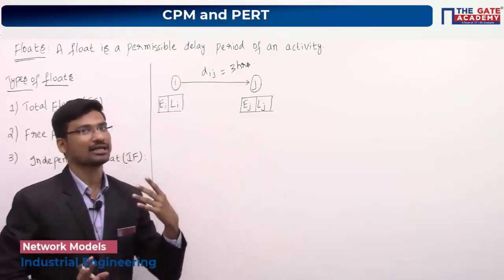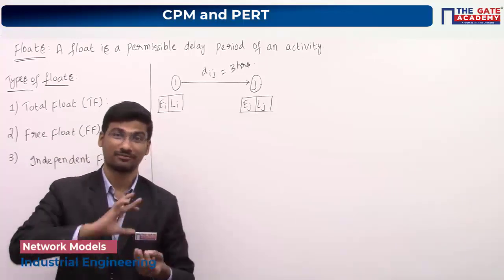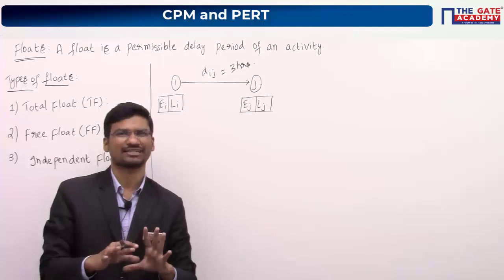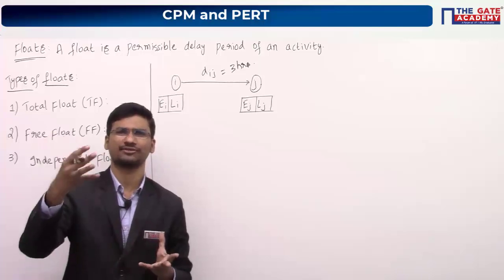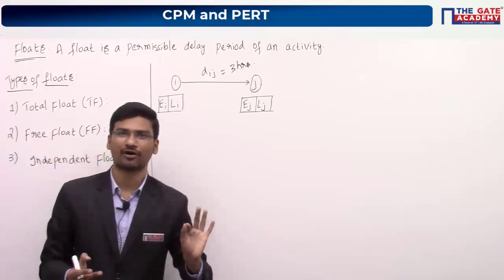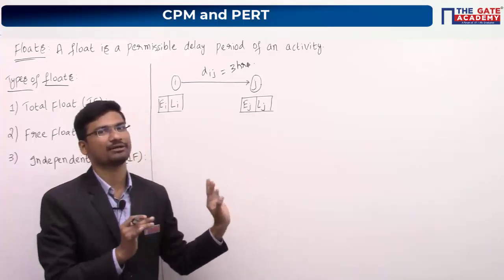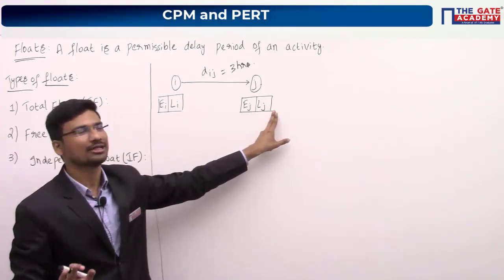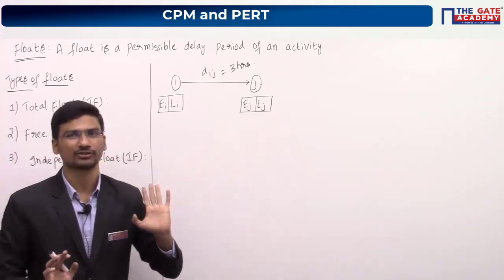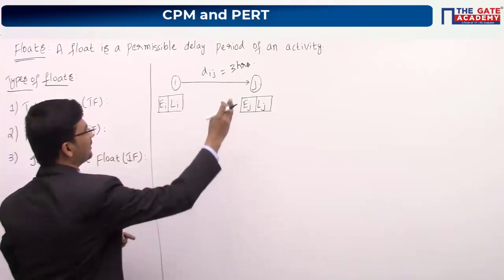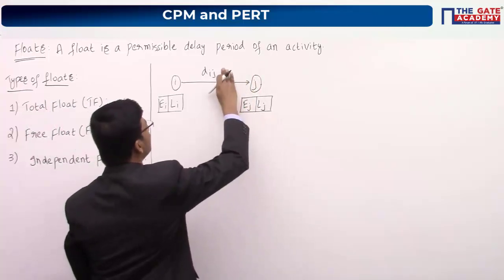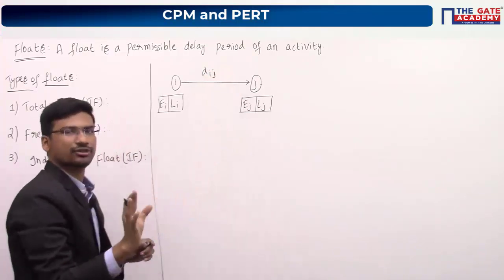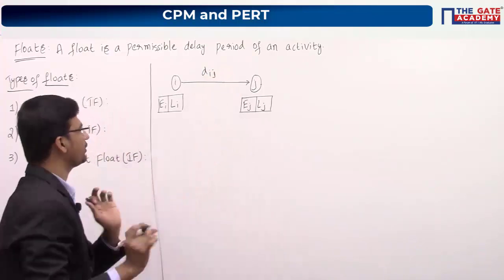Ultimately in the GATE examination you have to remember so many formulas from all the subjects, right? So please try to avoid remembering formulas as much as possible, because some situations will be there where you definitely have to remember formulas, but here you can avoid remembering formulas. Just remember some diagrammatic representation and it will help you a lot in calculating any type of float values. So let's have a look at that diagrammatic representation. After giving this diagrammatic representation, I will give you the definitions of these floats also, no need to worry.